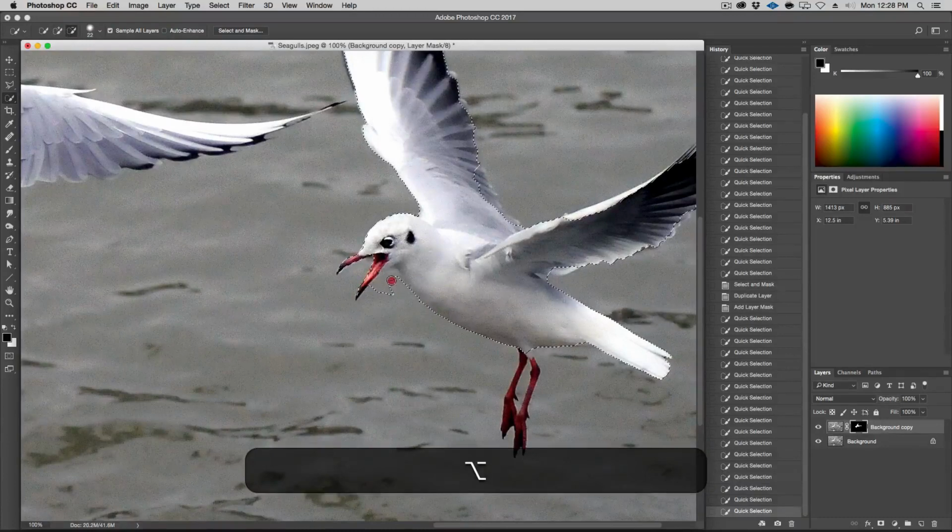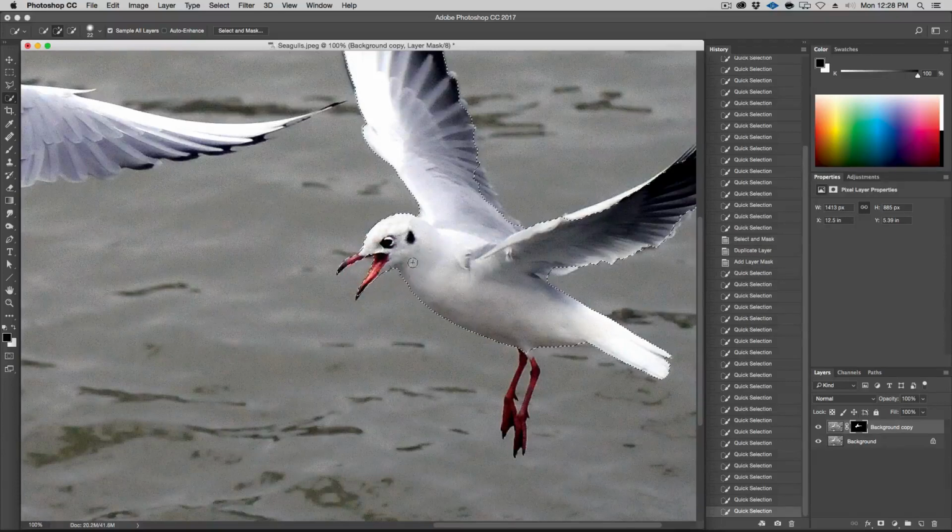Oh, see there, I went a little over the edge and it started taking a bunch of stuff I do not want. So this is going to be a little bit more annoying to outline.